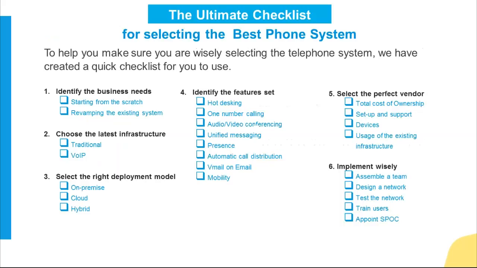To help you out, we have summarized the 6 points into a checklist, which you can just print out and start working with. For each point we have written down what you need to evaluate, the features you need to have, and whether a particular vendor has met all criteria or hasn't met some of them. If you use this checklist, I'm sure half of your problem is already resolved, because after working on it you will at least have a certain level of clarity on what you are going to put in place. It's also a tool even the new people in your team can easily use, and can wisely gather information for you. All right, so this has been the guidebook, which we believe can significantly